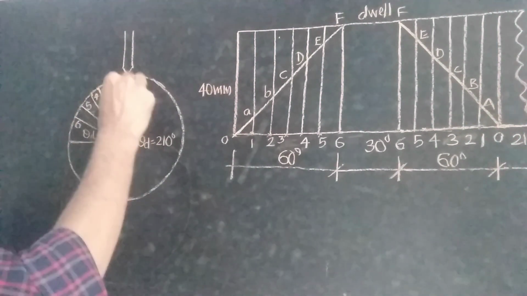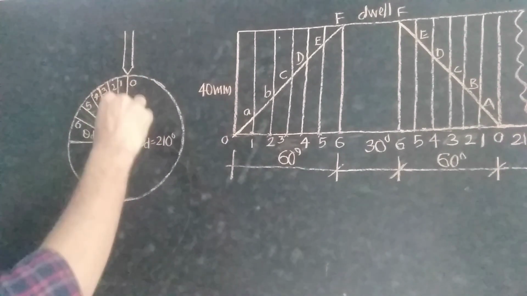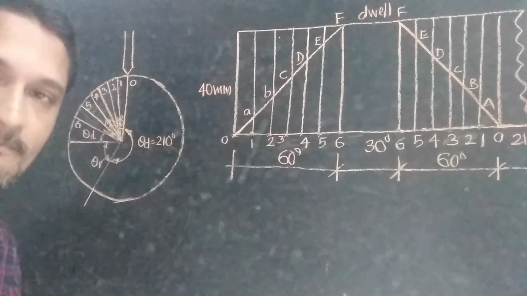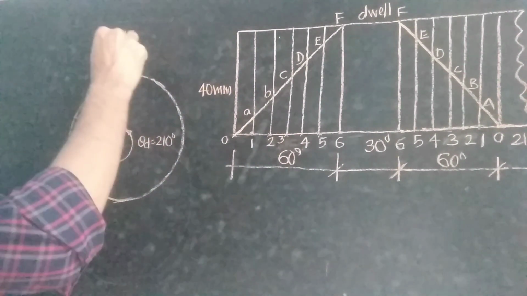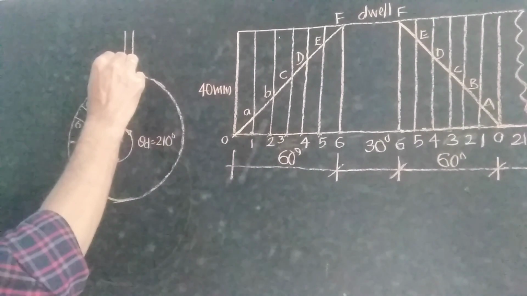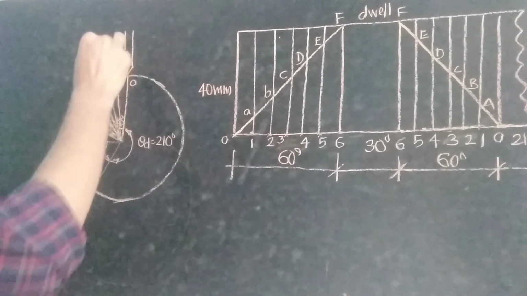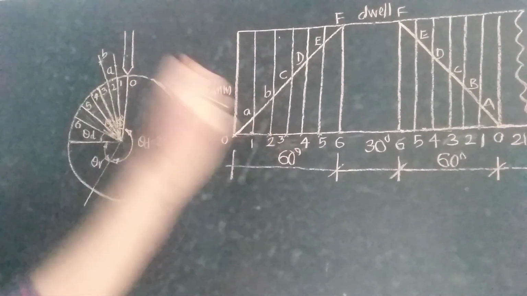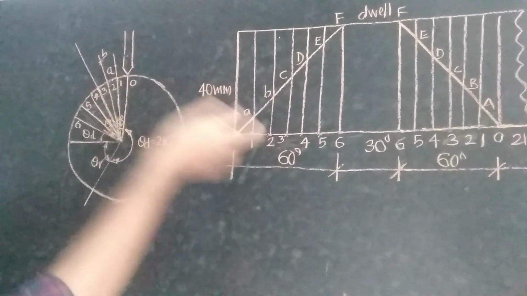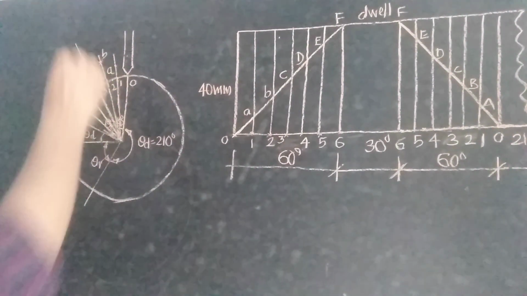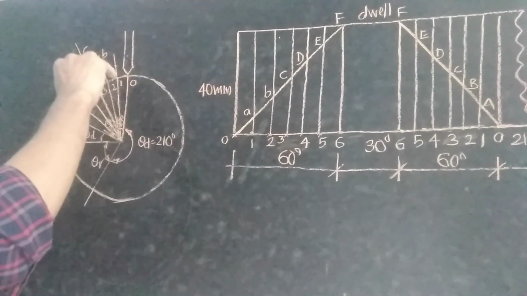During this 10 degree of rotation, the follower lifts by a magnitude of this 1 mm. Then we can represent that 1a here, 1a small letter a. Then next 10 degree, 2b, we can represent here. We can transfer this distance into this particular drawing. Okay, then next 3c, next 4d,